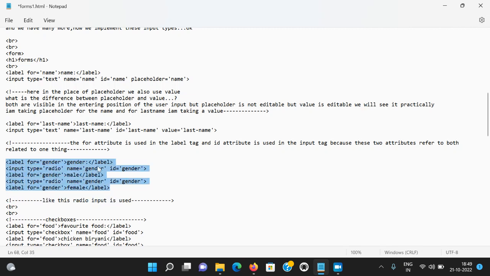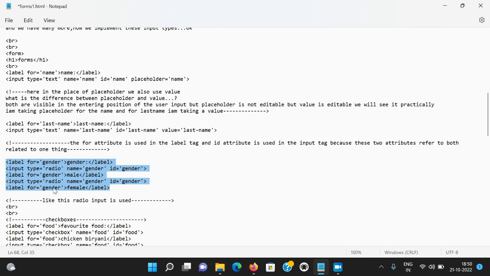For this I have given the first label to show what we want to select. That means a gender we want to select from the given options, and I have given two options. The first one is for male and the second one is female. Here I gave two radio buttons